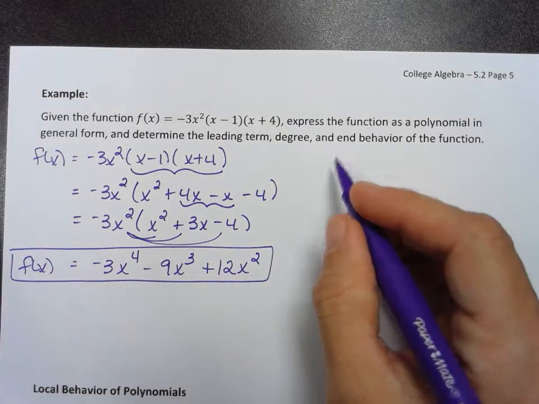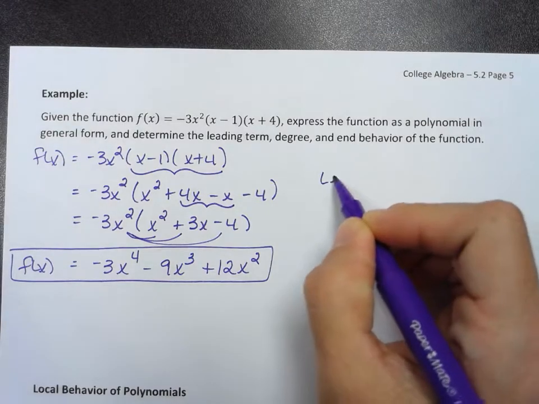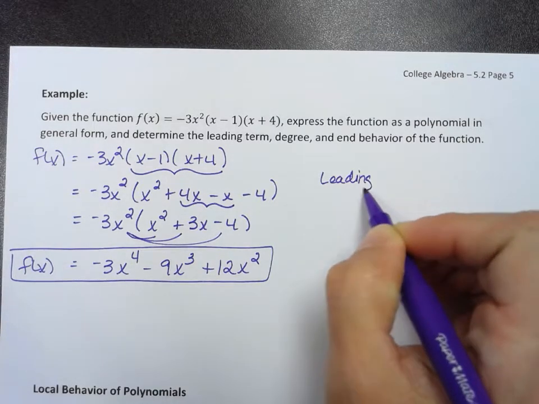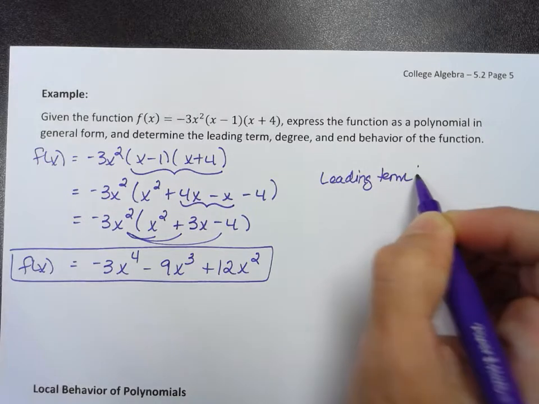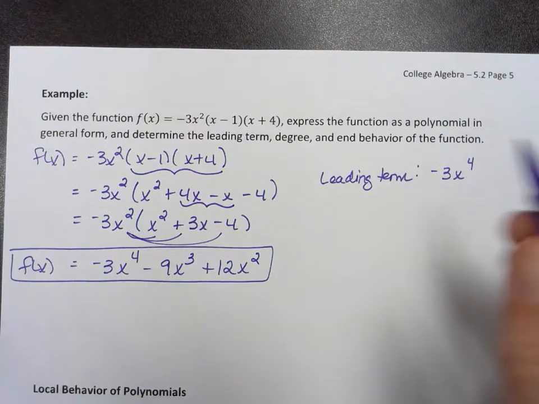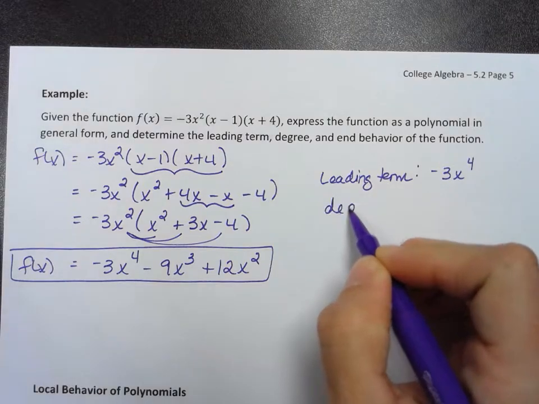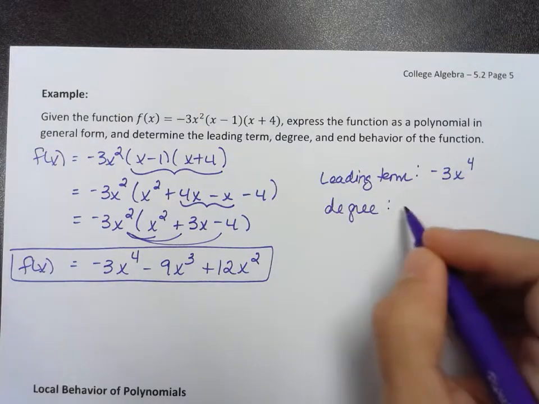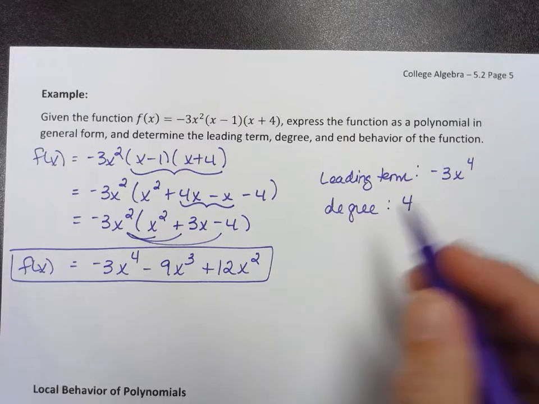And determine the leading term. Well, the leading term is going to be negative 3x to the 4th. The degree of the polynomial is going to be degree 4, and the end behavior,